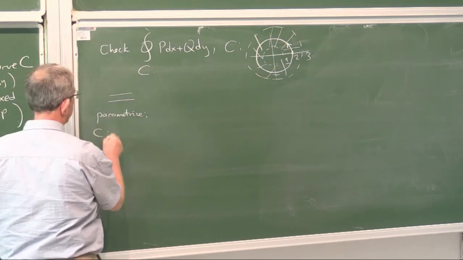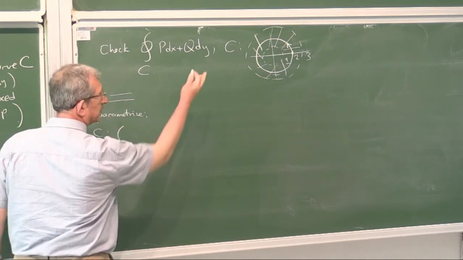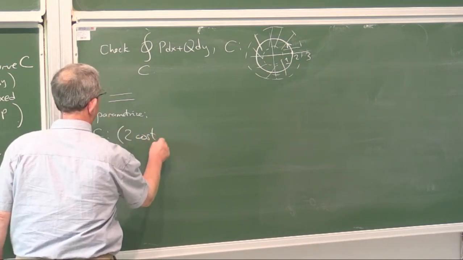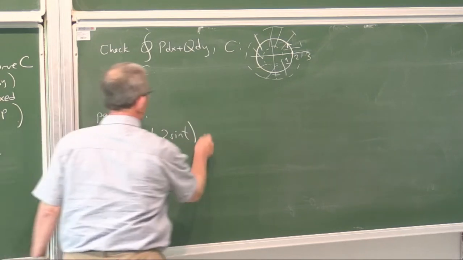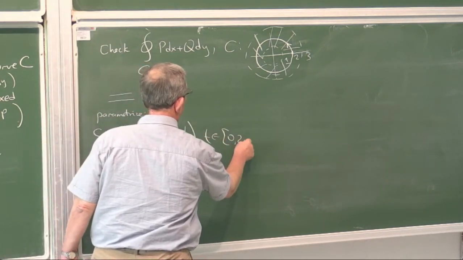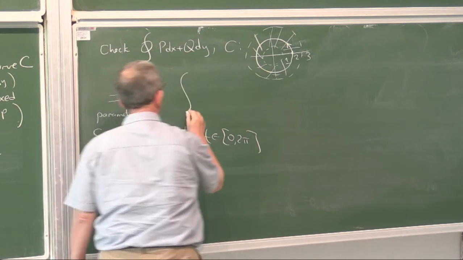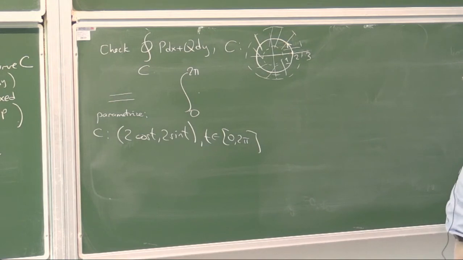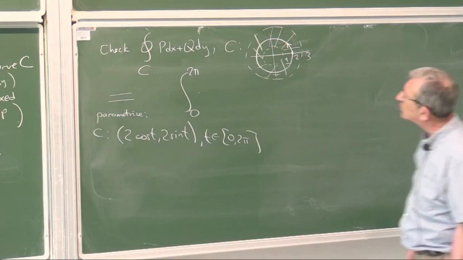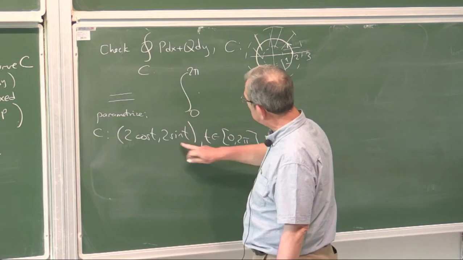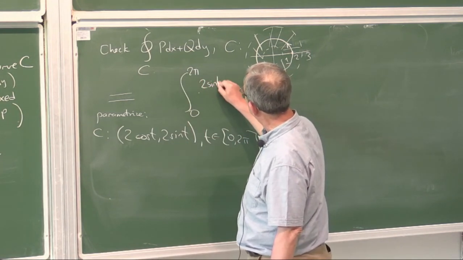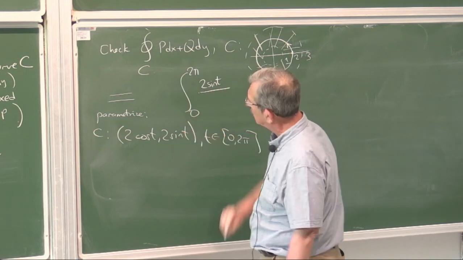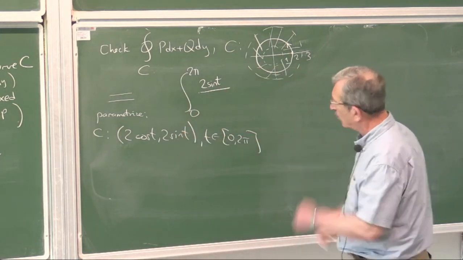Okay, namely, C can be written as, okay, it's a circle with radius 2. So it's 2 cosine t, 2 sine t, and t goes from 0 to 2 pi. So this integral is 0 to 2 pi. Now let us substitute the values. We have y over x squared plus y squared. So y is 2 sine t